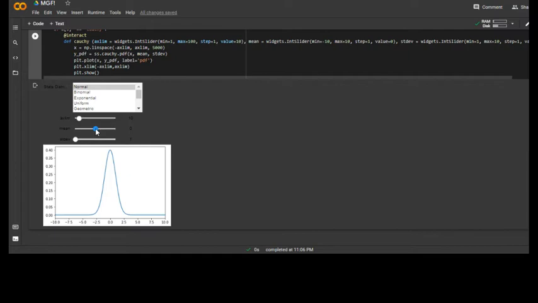For example, with the dice, you have 1, 2, 3, 4, 5, 6. But if you do x minus mu, for a 6-sided dice, the expected outcome is 3.5. It's just 1 plus 2 plus 3 plus 4 plus 5 plus 6 divided by 6. That's 3.5. So since the expected value is 3.5,